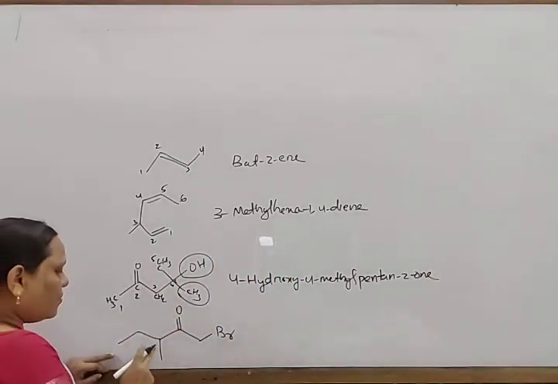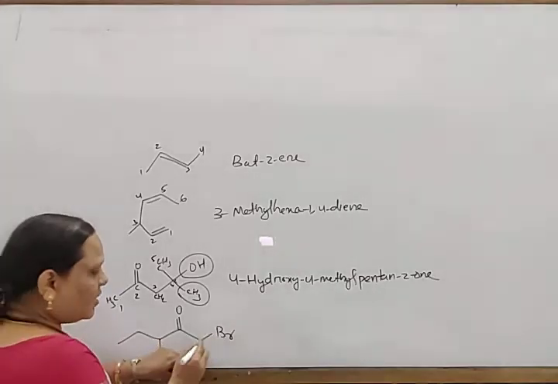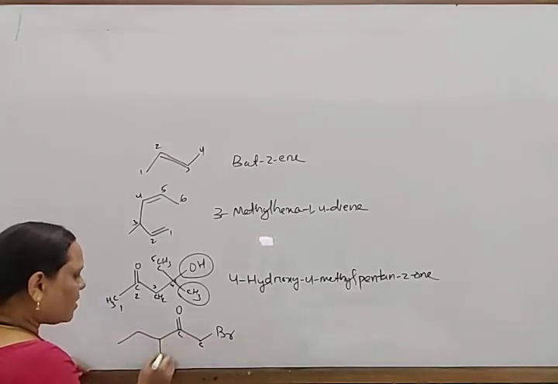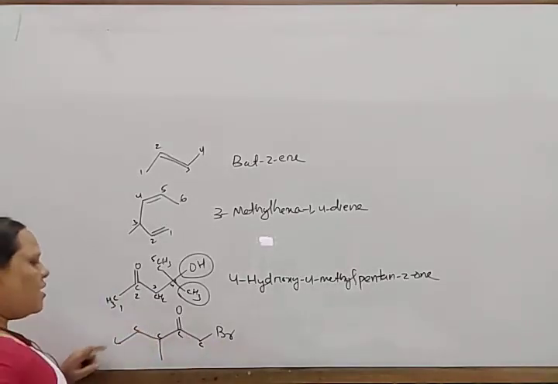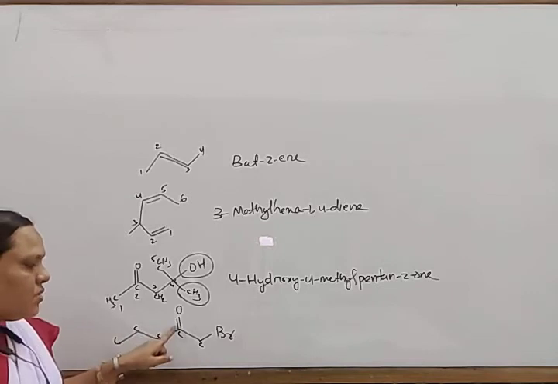Next come to this compound. So this is 1, 2, 3, 4, 5, and here bromine is there. To this carbon, bromine is attached here. So here carbon, carbon, carbon, carbon, carbon. So functional group is there. In this way you have to give the lowest position to this. If this is the lowest position, this position is 2.